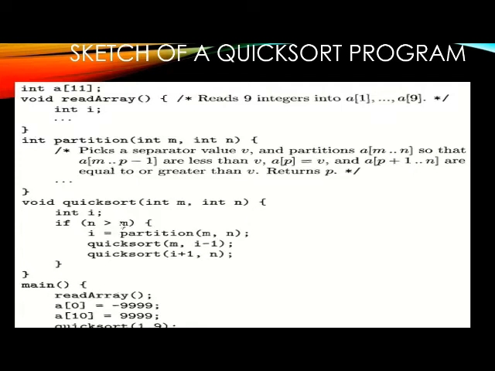Here n value is 9 and m value is 1, so the condition is valid. Here quicksort function is treated as the function P. Whenever that condition is valid, it enters the next instruction, that is I equal to partition of m comma n. Partition is a sub function within the quicksort function, just like Q. Previously we discussed P and Q as two functions: P is the main function and Q is the sub function. In this way partition is the sub function within quicksort.